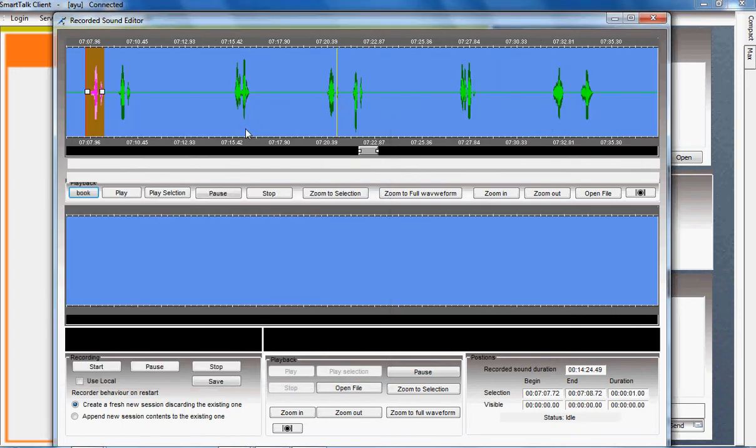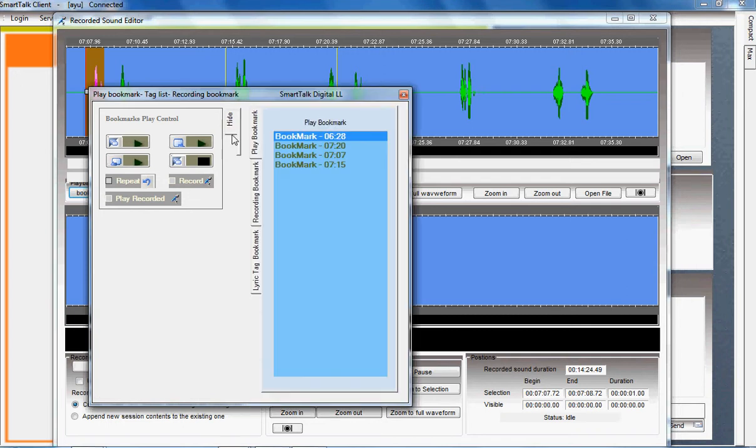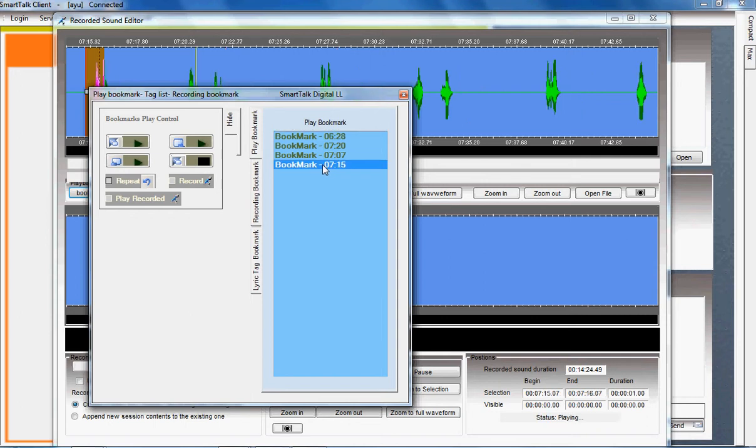If student finds some difficulties pronouncing particular word, he can select a particular portion and add bookmark to it by right clicking here, and here he can see the bookmarks he has assigned, so he can listen to some particular portion repeatedly.